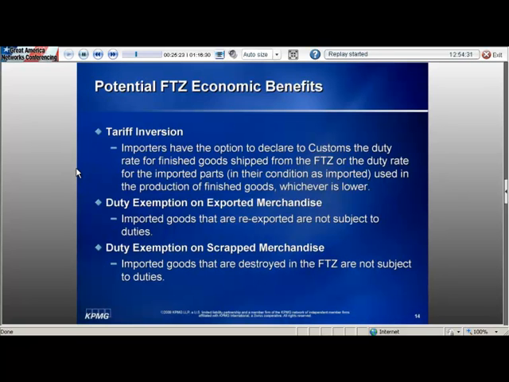So now we'll move on to the benefits of operating a foreign trade zone, and we'll start with the economic benefits. You guys know about the tariff inversion that can be available with either a manufacturing scenario or, hypothetically, with a kitting scenario. If you took two different parts that were at a higher duty rate and combined them into a kit within the foreign trade zone and entered that into U.S. commerce, that could conceivably lower or reduce the duties payable on the final product for retail sale. Again, you also are available to eliminate customs